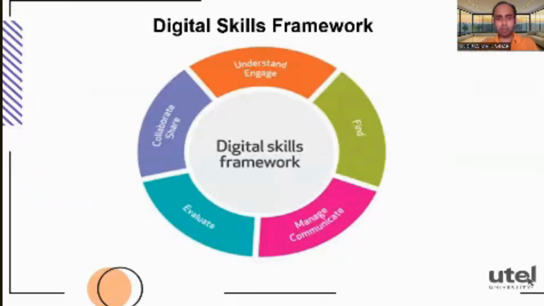So when we talk about the framework, these are some basic elements. I'm taking the help of Google for that. And it talks about collaborating, remote collaboration. It talks about engaging with your prospects, your students, maybe if you're a teacher, your customers, when you're a marketer. It also talks about finding something. It talks about managing the communication. It talks about understanding themselves, engaging themselves.